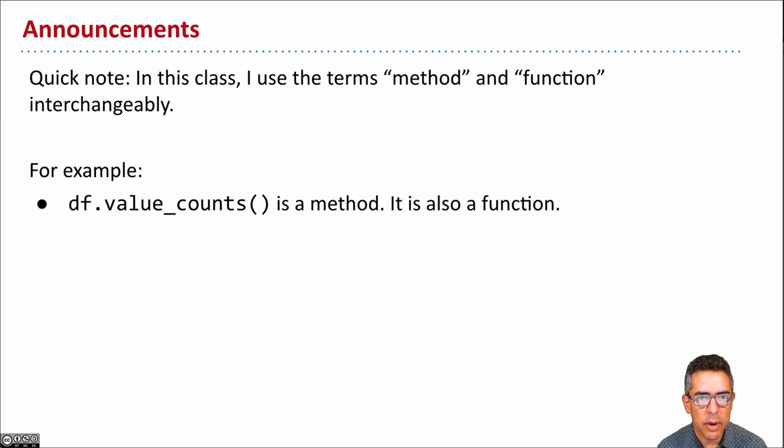As a quick note, in this class we're not going to be too specific about the distinction in Python between the word method and the word function. For example, the value counts method that we have already mentioned is attached to a data frame object, and that's typically in object-oriented programming. When we use the term method, it is a callable object that is attached to an object, but it is also a function and can be used as